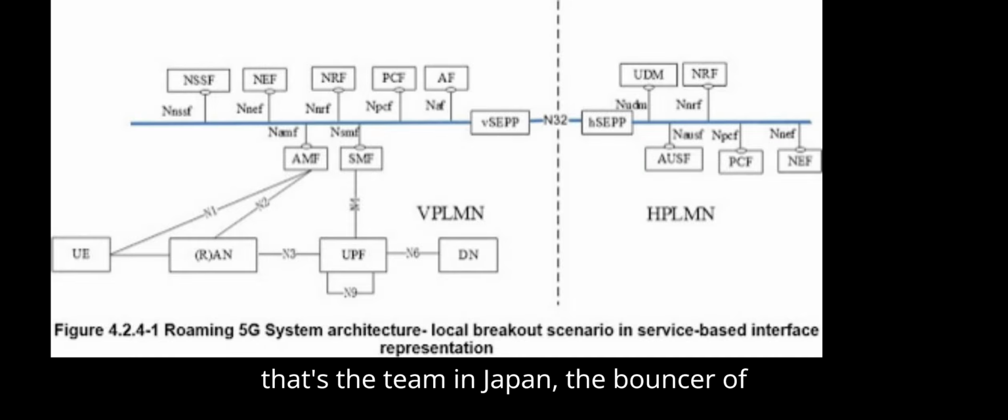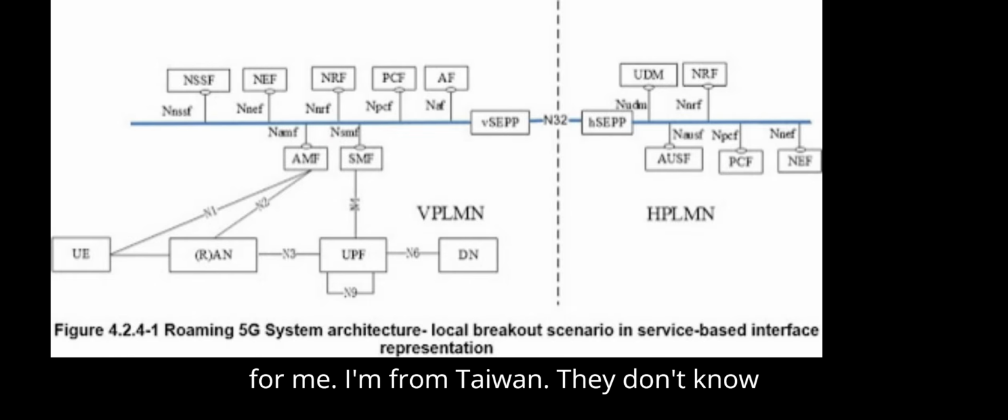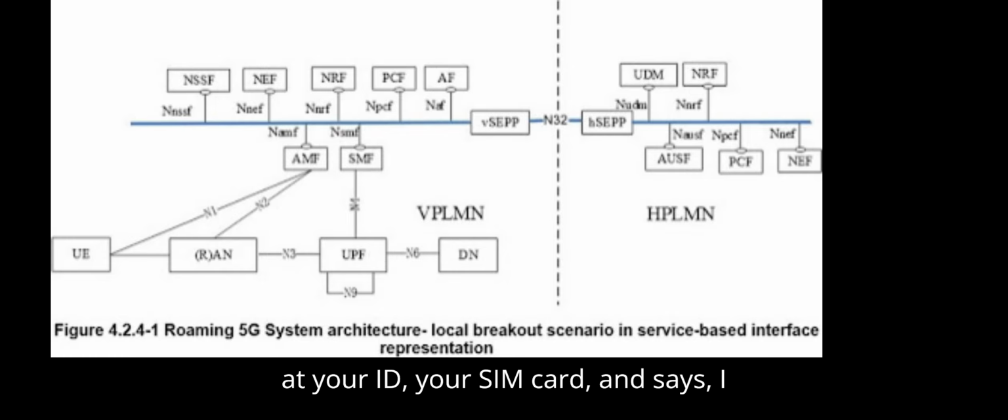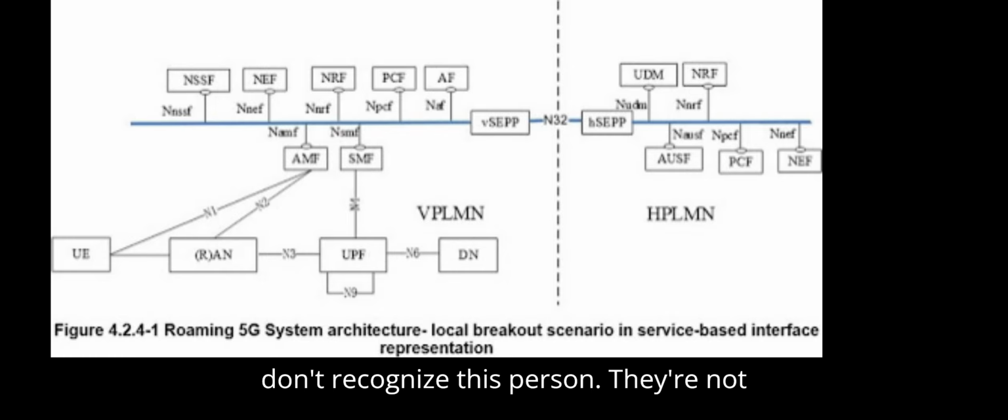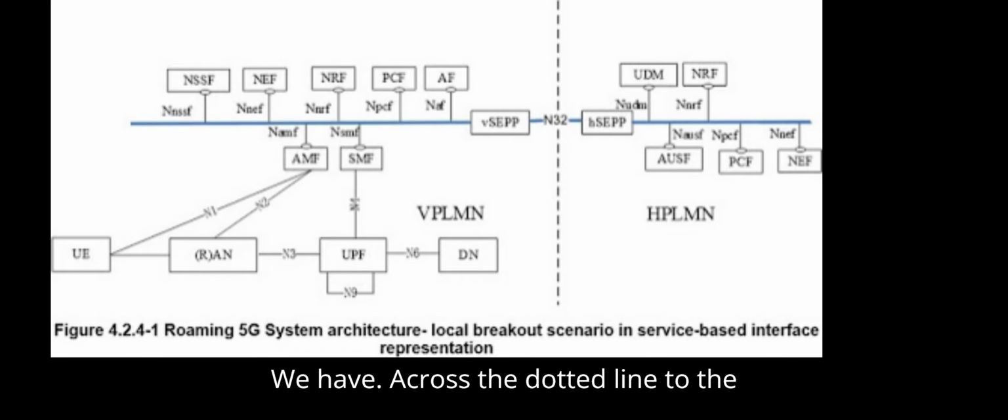Okay, so that's the team in Japan, the bouncer, the manager, and the rulebook. But here's the catch. The rulebook in Japan is empty for me. I'm from Taiwan. They don't know who I am. Exactly. The Japanese AMF looks at your ID, your SIM card, and says, I don't recognize this person. They're not in my database. So we have to call home. We have to cross the dotted line to the right side. Who lives over there? Two very important VIPs, the